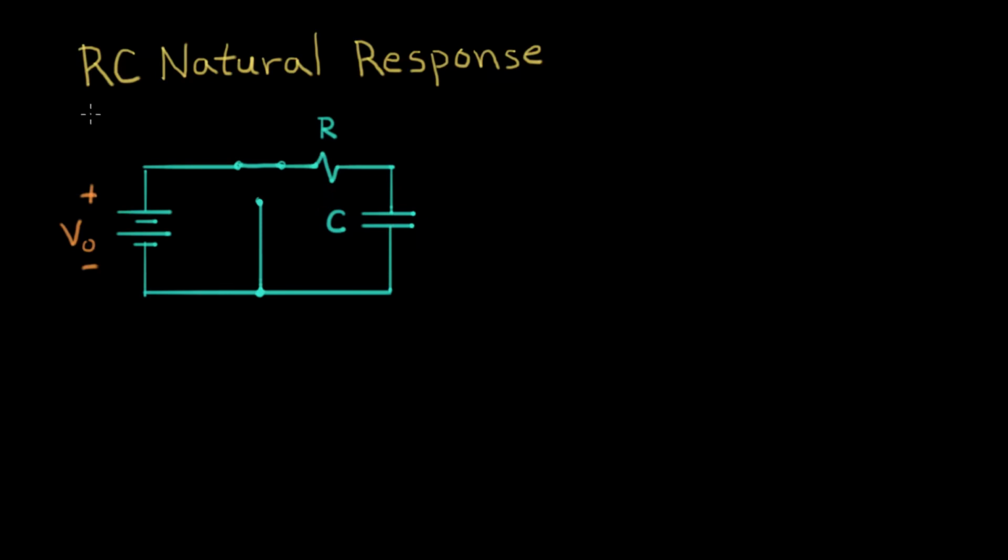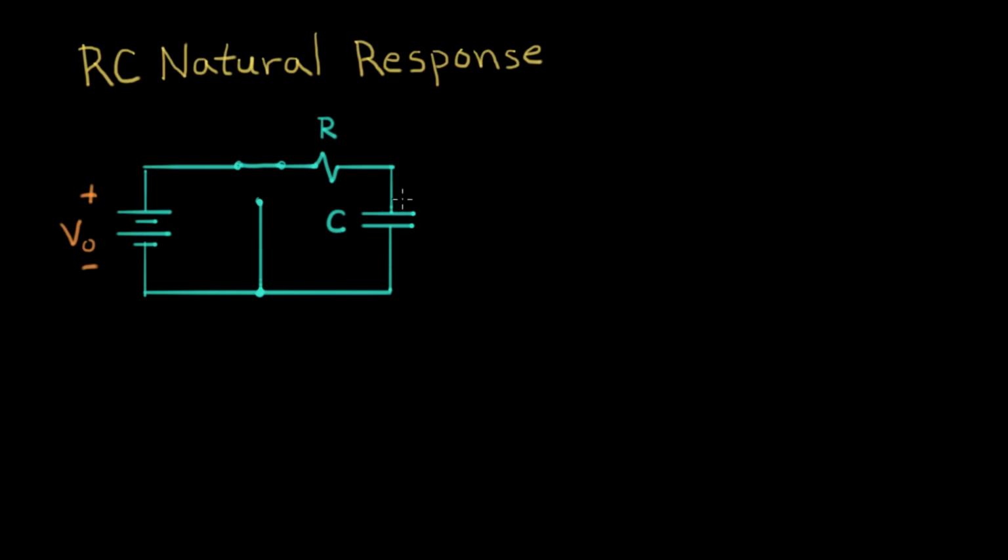Now we're going to cover a really important circuit in electronics. It's the resistor capacitor circuit, or RC circuit. In particular, in this video, we're going to talk about the natural response of an RC circuit. The natural response is what happens when you put some initial energy into the circuit. In the case of an RC circuit, it represents charge that's stored on the capacitor at the beginning of